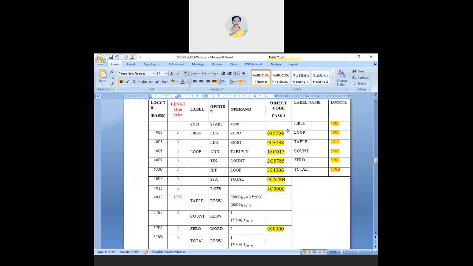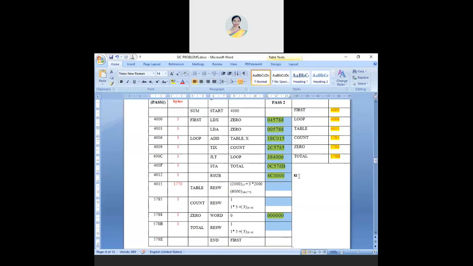One instruction is right, the other instruction is wrong, no partial marks. If this is 12 marks, then the division will be 4 marks for this, 4 marks for this, and 4 marks for the object program. If one instruction is wrong, then it is wrong, because if this is wrong, then the object program is wrong. So you cannot learn SS and CD just the previous day of the exam. You should have hands-on practice.